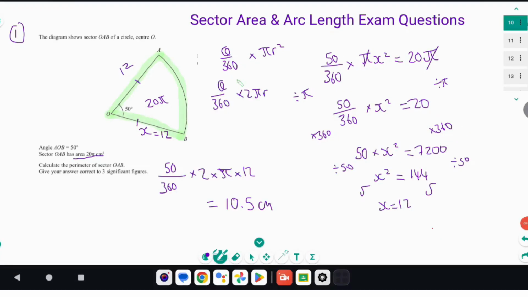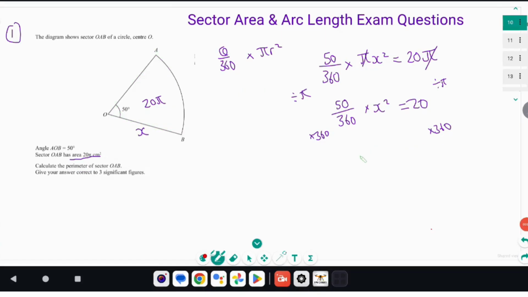Oh, I've just realised I'm not actually finished off this question. So 10.5 is the arc length. The question asks for the perimeter of sector OAB. So it's 10.5, add both your radii, add 12, which is 34.5 centimetres to 3 significant figures,